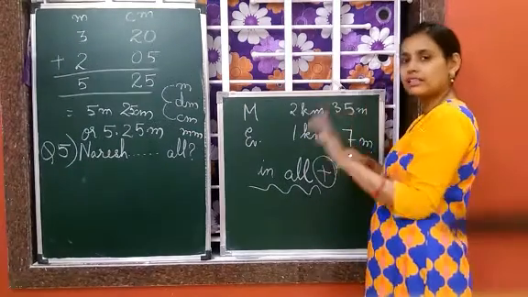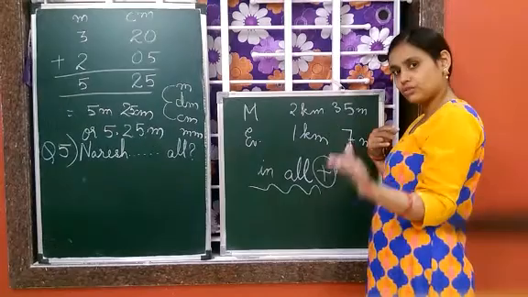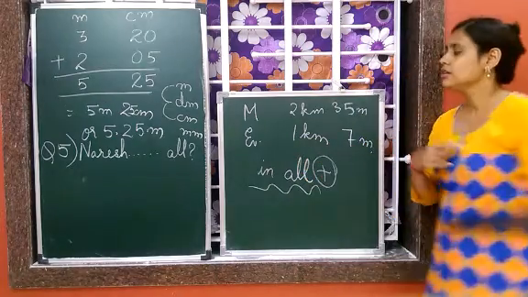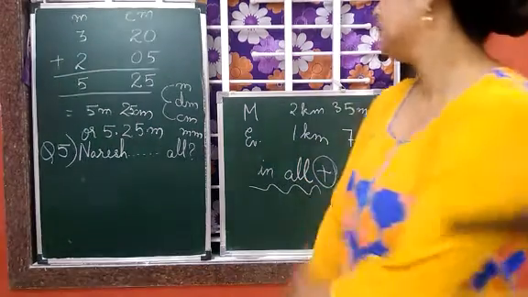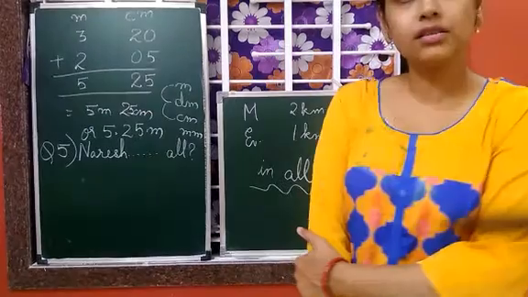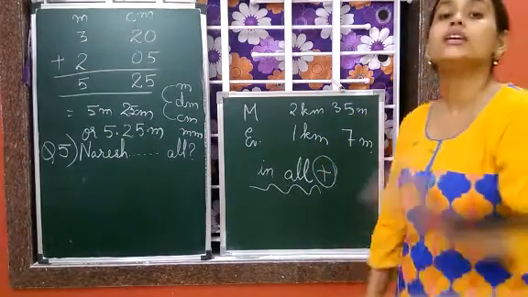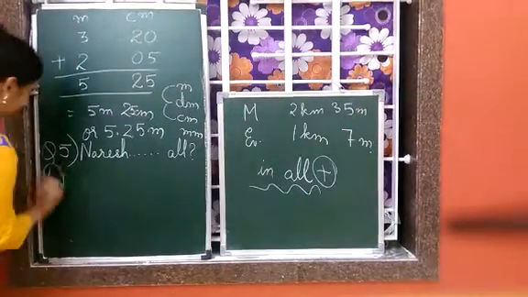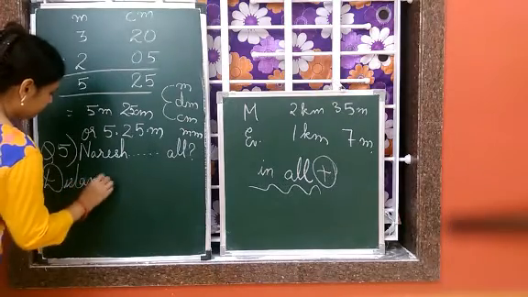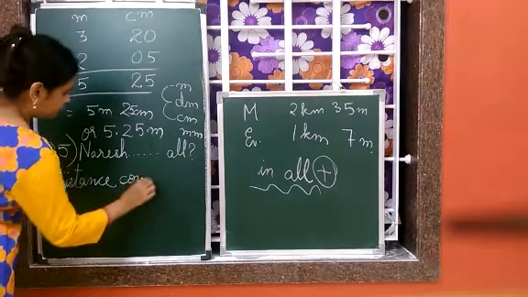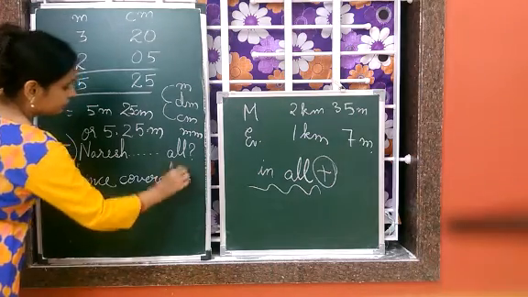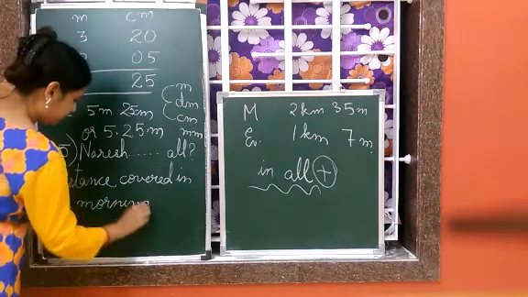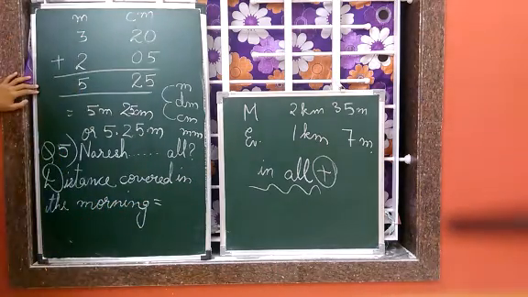Okay, whatever, it is not necessary what statements I am giving you. You have to write those only. You can use your own statements also. Okay, so start. So what should be the first one? Distance covered in the morning, then distance covered in the evening. Let's start. How much distance covered in